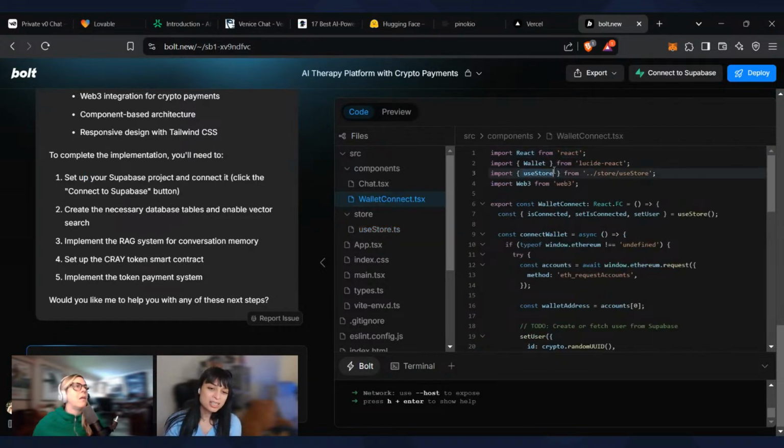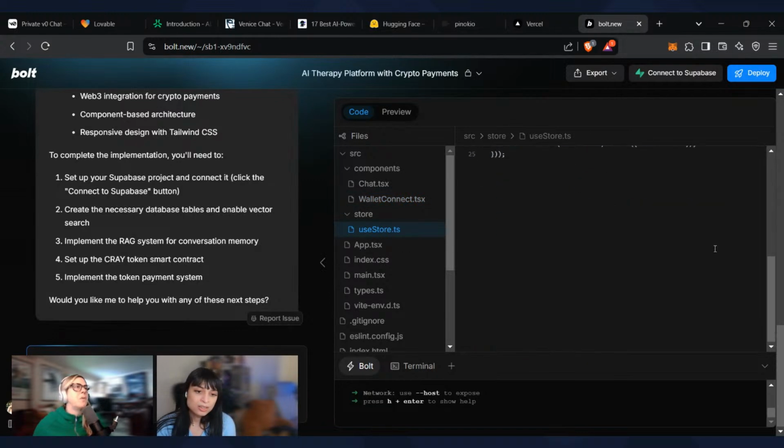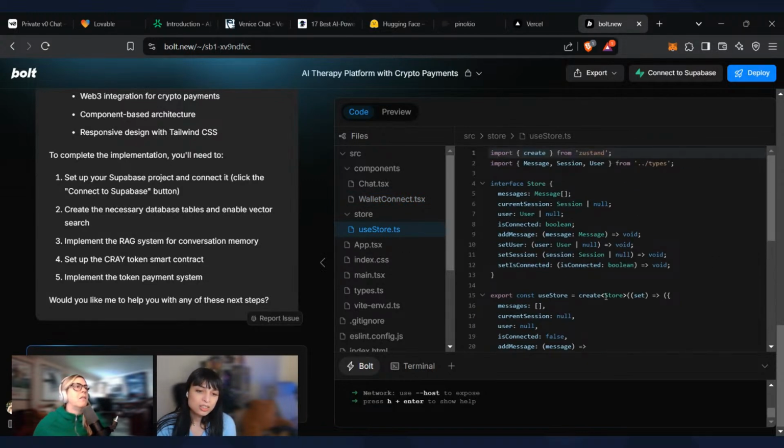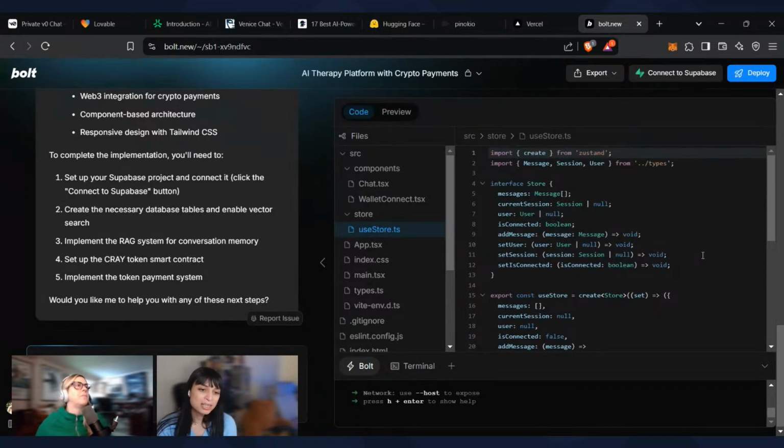You see it says isConnected, setUser at useStore. That's what it's taking in. Use store is just keeping that info so it can be added to the context.